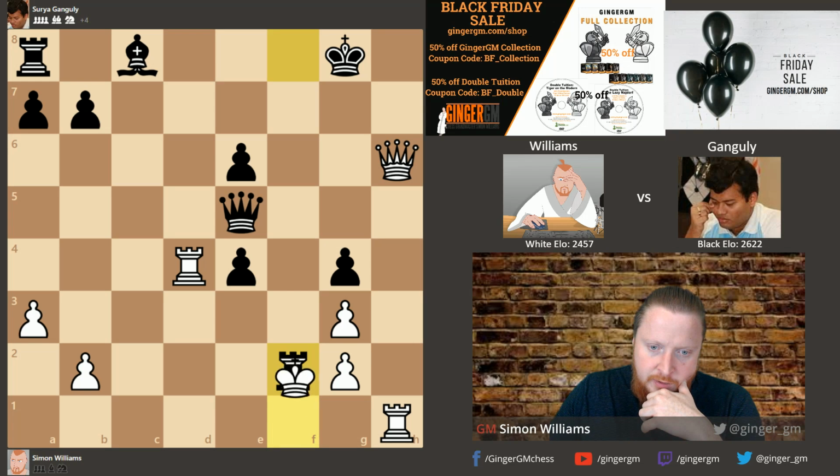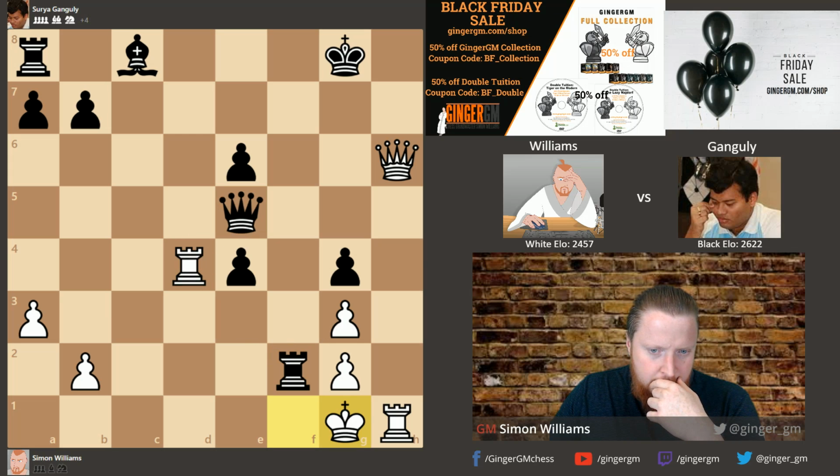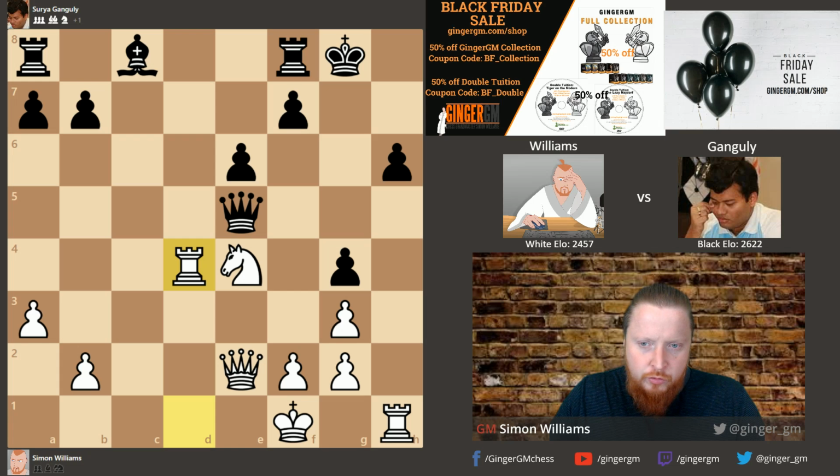And after king takes, if I move the king here, I think he takes here still. And after king takes, queen takes d4 check. I thought he has at least a draw here anyway, at least a draw. But maybe just queen g7 comes next and I'm just losing. So I couldn't get this to work,